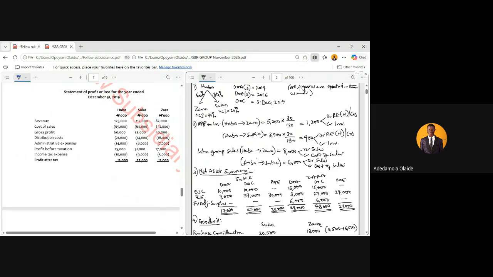Because our closing inventory for Zara now, it should have been 4,000 if we have taken it at cost. But they use 5,000 because they were using this